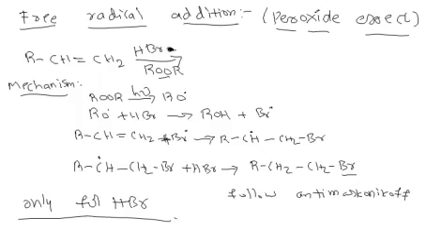Okay, so first we have seen the basic difference between nucleophile and a base, and how the nucleophilicity varies according to different factors. And next, different types of addition reactions we have seen, like electrophilic addition, nucleophilic addition, and free radical addition. Okay, that's all in today's class. Thanks for watching.